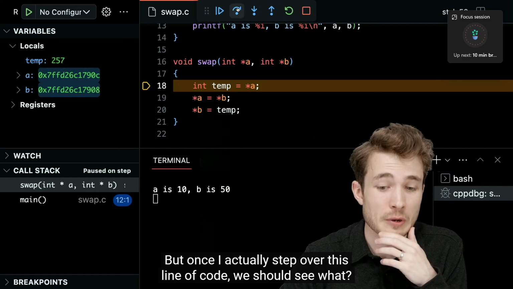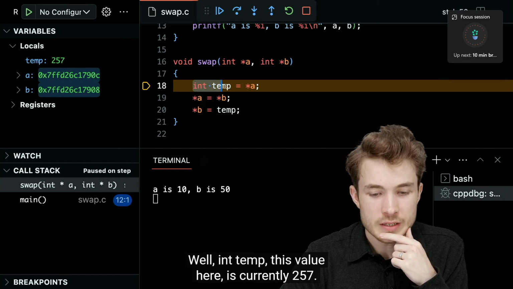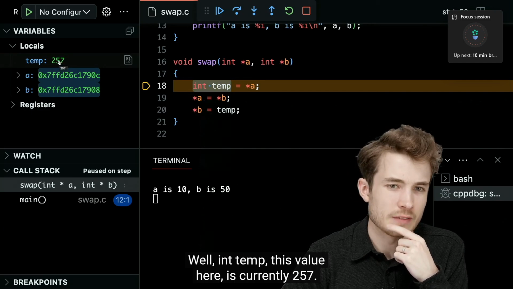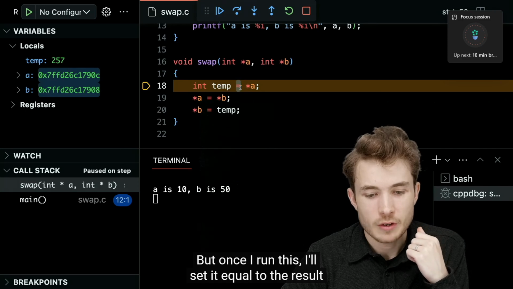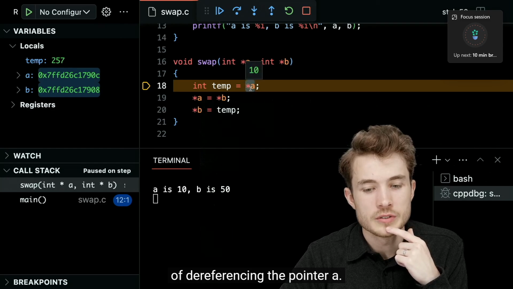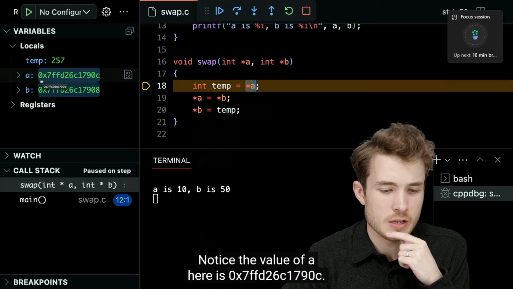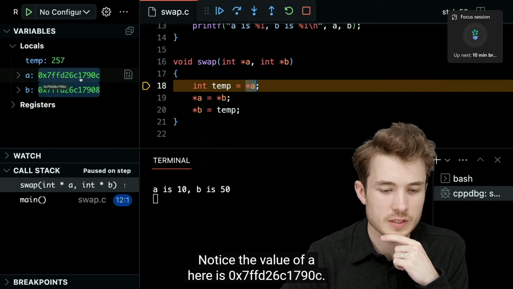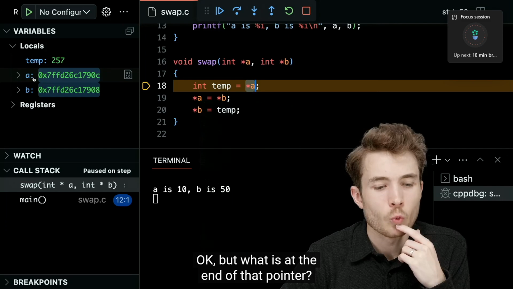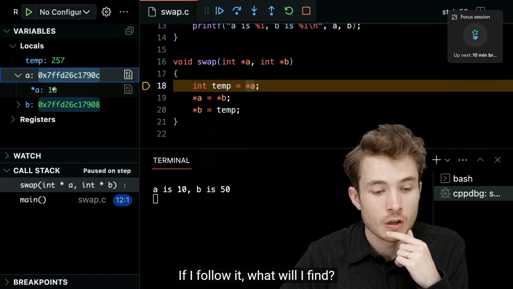But once I actually step over this line of code, we should see what? Well, int temp, this value here, is currently 257. But once I run this, I'll set it equal to the result of dereferencing the pointer A. Notice the value of A here is 0x7ffd26c1790c. Okay? But what is at the end of that pointer? If I follow it, what will I find? I'll find